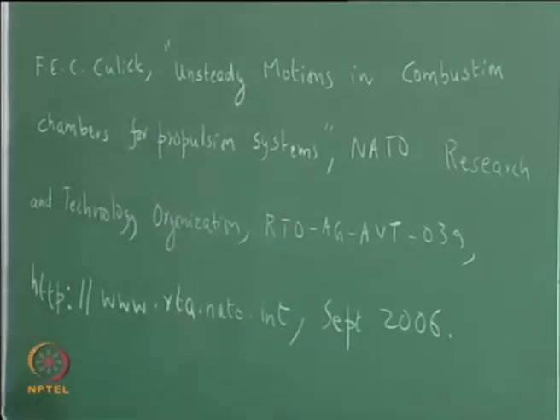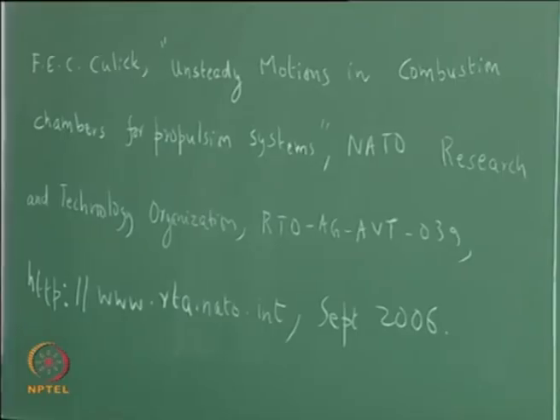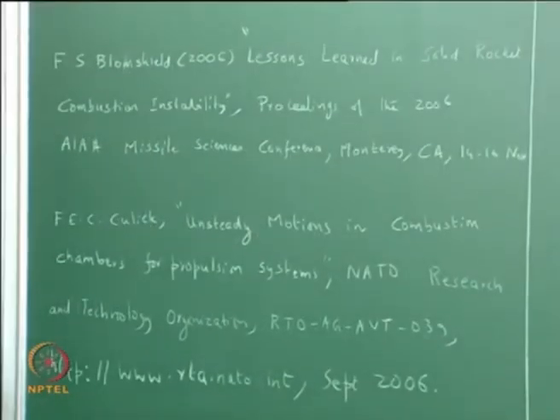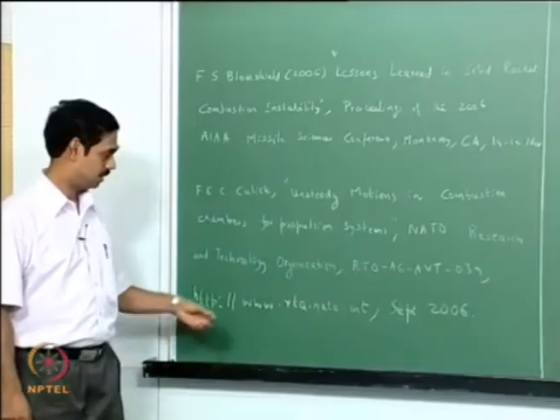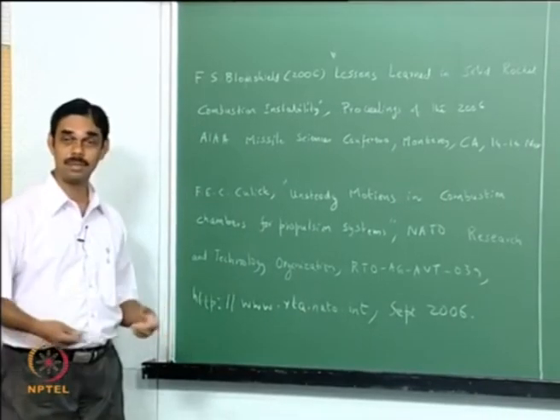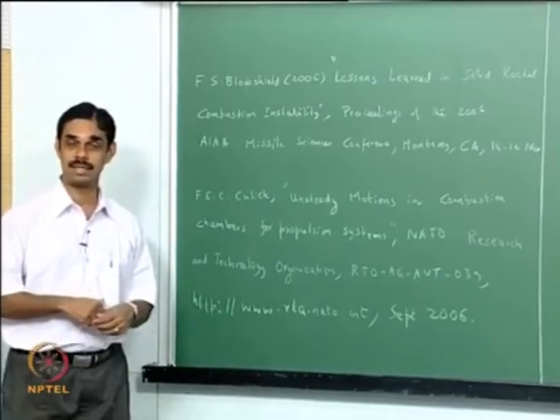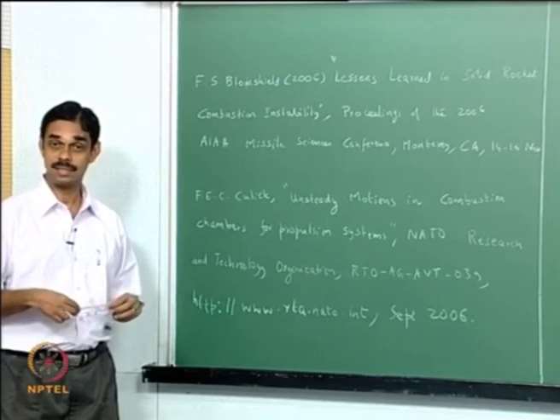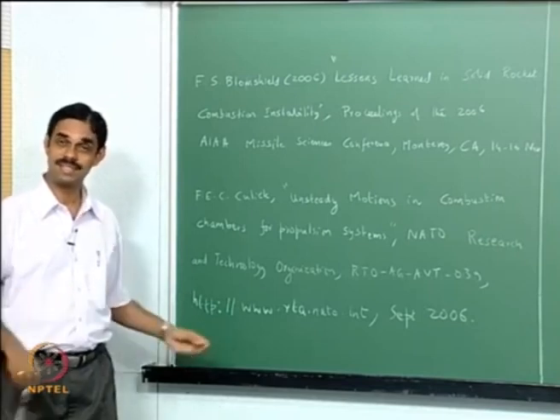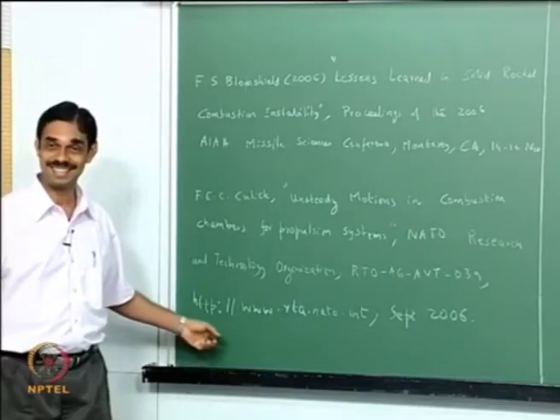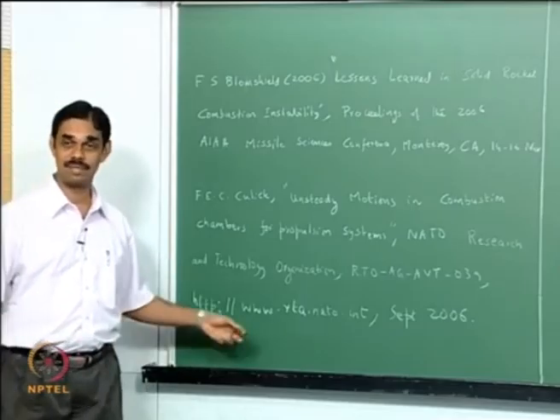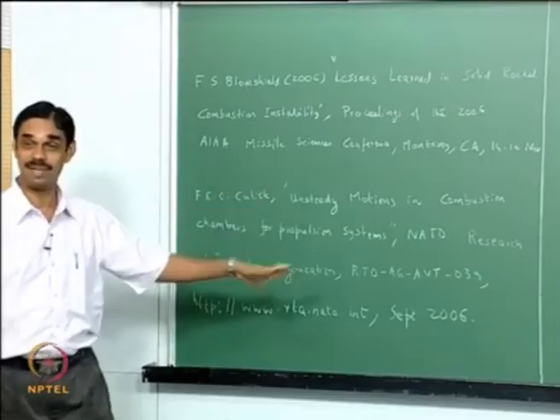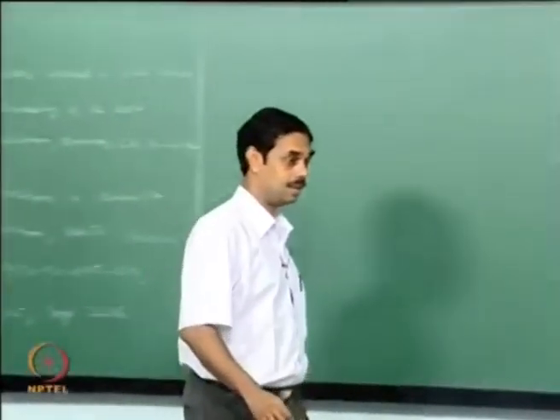And Culick is the person who laid the foundation of research on the framework for analyzing solid rocket instability. He worked from the 1960s, and even now he's doing the same thing. There is a lot of wisdom distilled in the book, and you should read it. He gives the normal mode analysis. He derives in great detail how to get the alphas from the response functions and so on. Of course he says the modes are normal, that's where I have disagreement, but otherwise it's a wonderful book, and he has written very good results about everything. So both are freely and readily available, so please take a look at them at least.